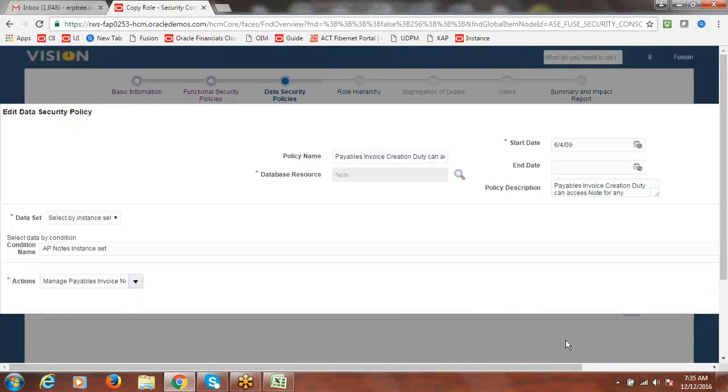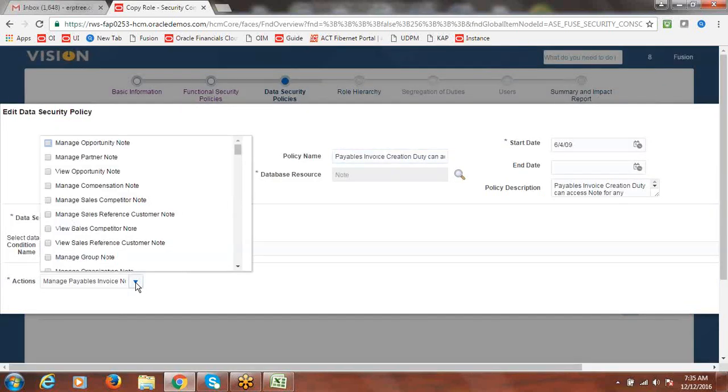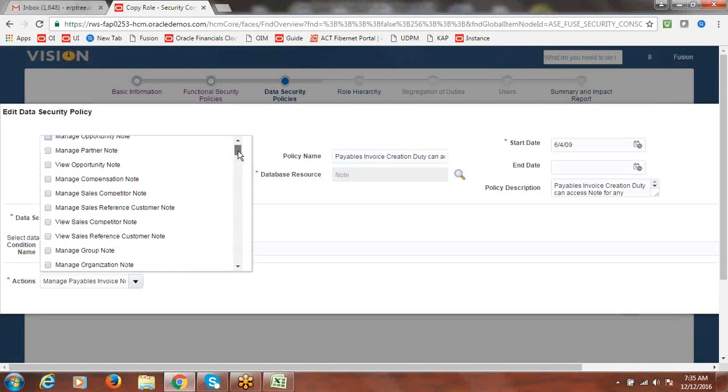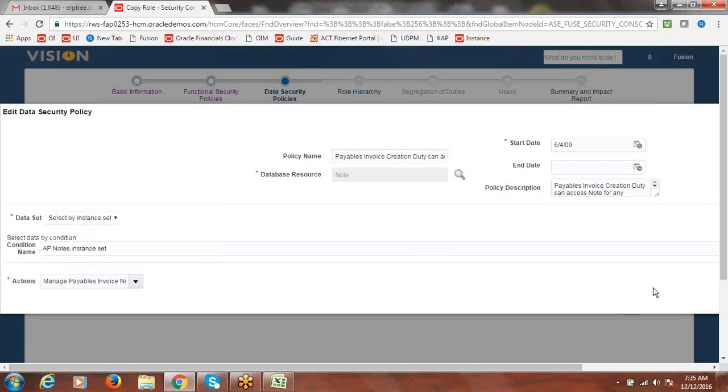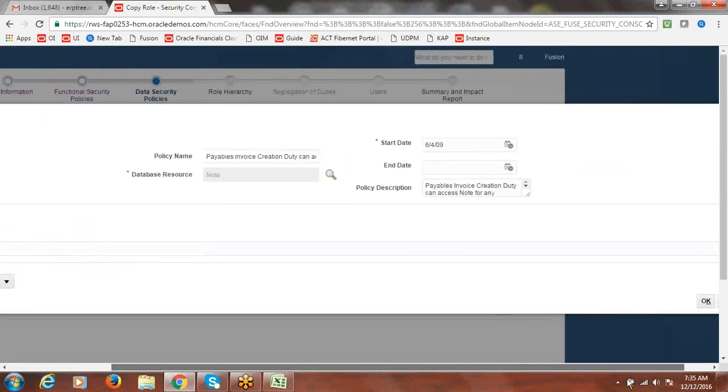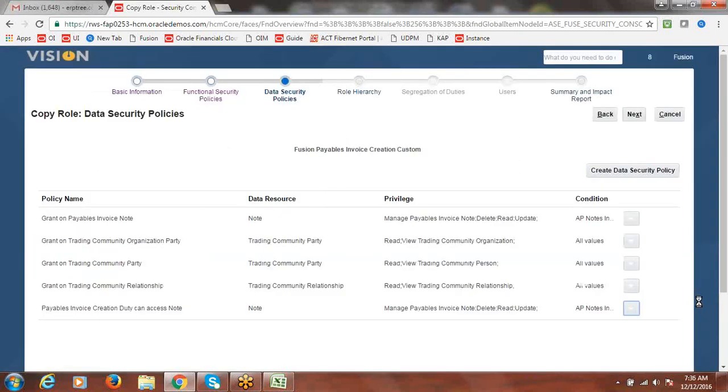Just for information, I'm going for the edit option. If you go to your actions, by default these privileges are enabled. See here, for payable invoices, the user has delete privileges, read privileges and update privileges. That means we have full privileges. That's nothing but data security policies.